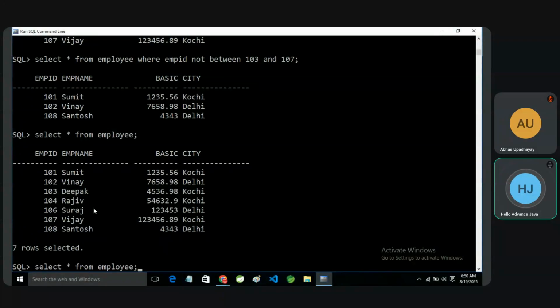This is a string, but I'm going to use a range. So select star from employee where EMP name between